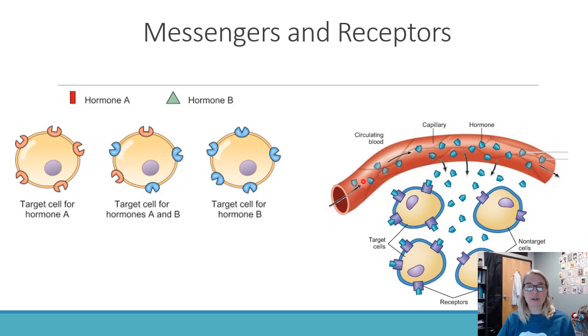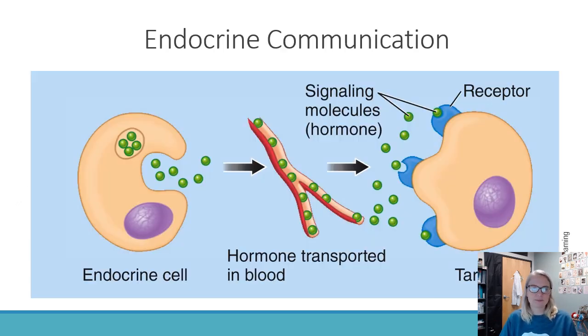This picture over here is just showing the same idea, just slightly different, including our endocrine delivery system with our hormone, these little green house-shaped things, through the bloodstream, diffusing out of the capillary. It's going to find the target cell. So here we've got a receptor that's kind of rounded with a receptor site, and over here we've got the receptor site that's a little bit pointy. So these are the target cells for this particular hormone, and these are not target cells. So they're just going to go about their daily business. They're not going to respond to any of this little green hormone that's coming through. So that's the foundation of how this chemical messaging works.